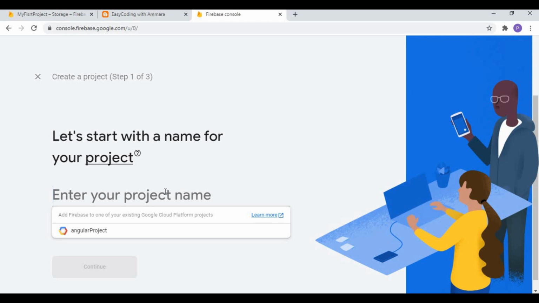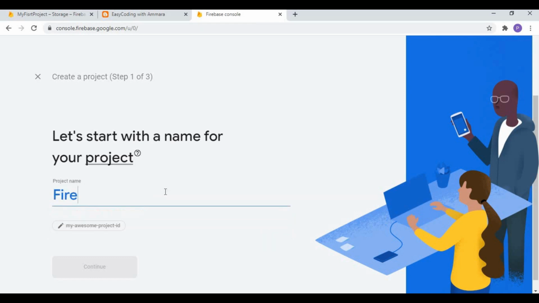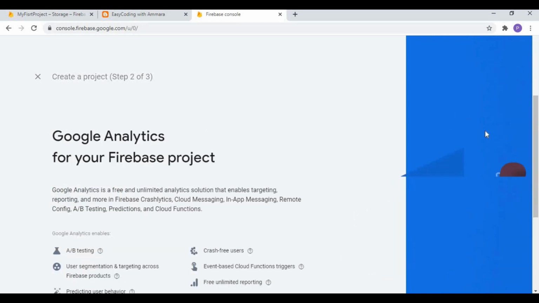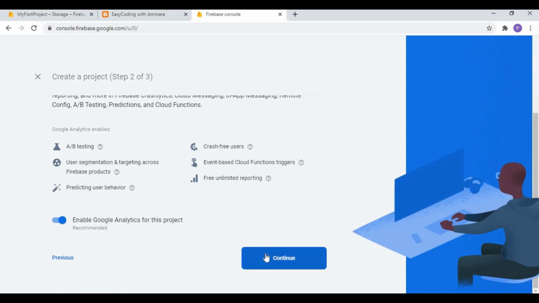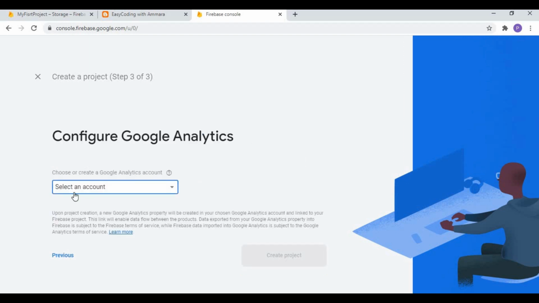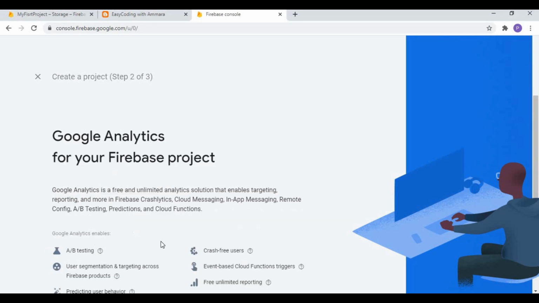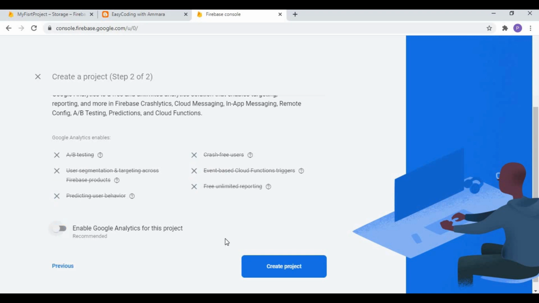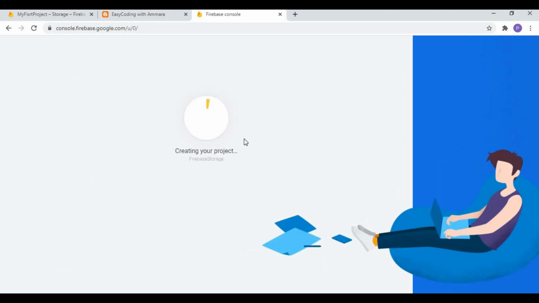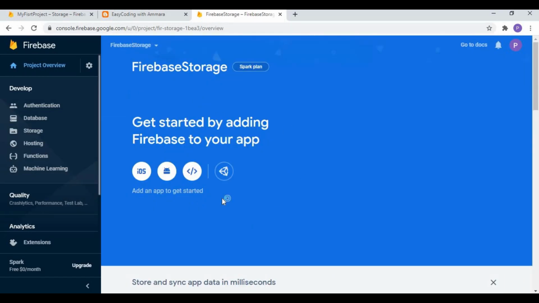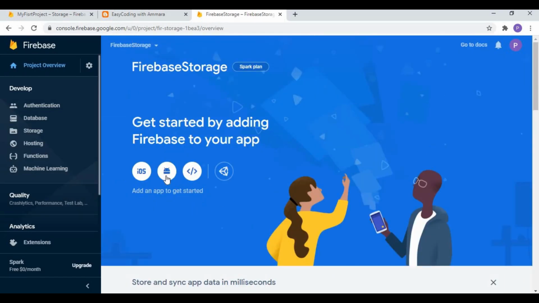So write the name here, which is firebase storage, and click on continue. Sorry, click on previous, and after that you have to uncheck this and then create the project, and you will see this is loading. Then click on this continue button and this project is created. Now select this Android icon,